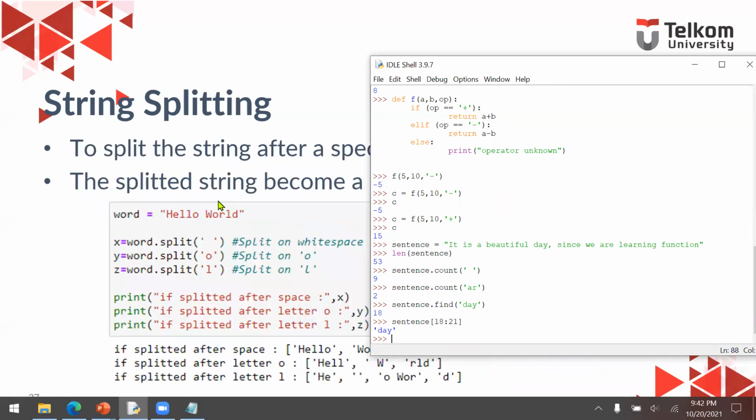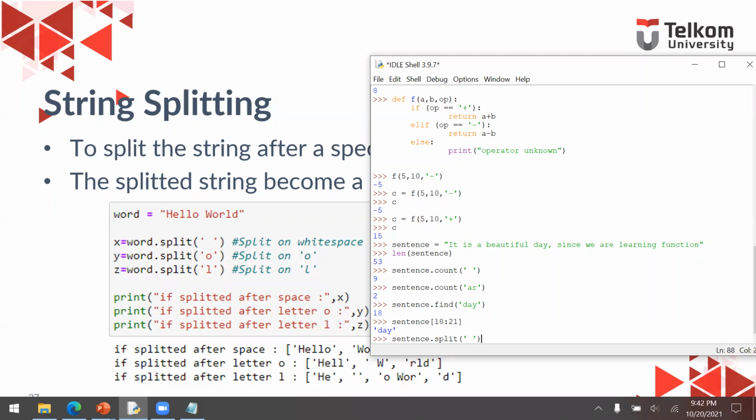And also splitting. We can use splitting to split a sentence on a specific character or string. For example, sentence split, I'm going to use space in this case.